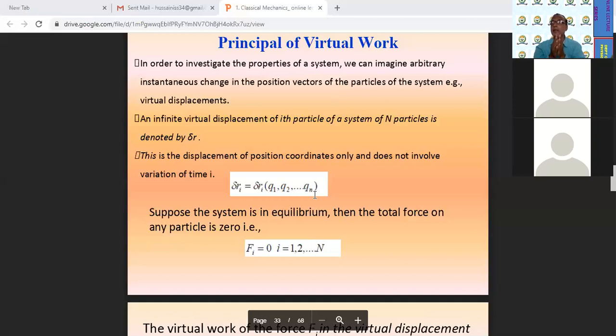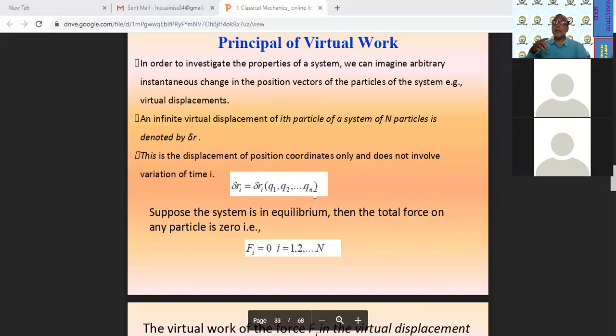यानी कि एक पार्टिकल एक जगह से दूसरी जगह जा रहा, at that time it is very easy for us to tell, but the particle is not single, it is a system, and the system is consisting of many particles. Then at that time the position vector of the particles of the system, it is a virtual displacement. That means we are not knowing very well कहां से कहां, virtual समझता ना, यानी कि कहां से कहां तक जा रही है, imaginary displacement is there.